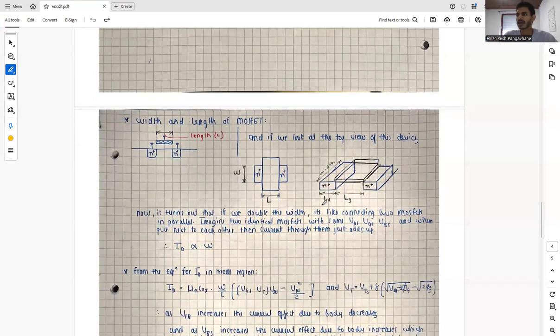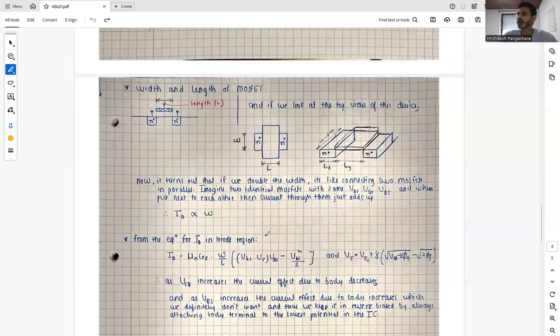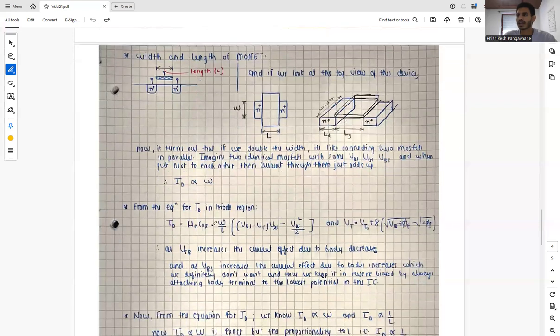And now it turns out that if we double the width, it's like connecting two MOSFETs in parallel. So imagine two identical MOSFETs with the same VDS, VGS, and VBS. When we put them next to each other, the current through them just adds up. So ID, the current through the MOSFET, is directly proportional to width, and from this equation of ID in the triode region,